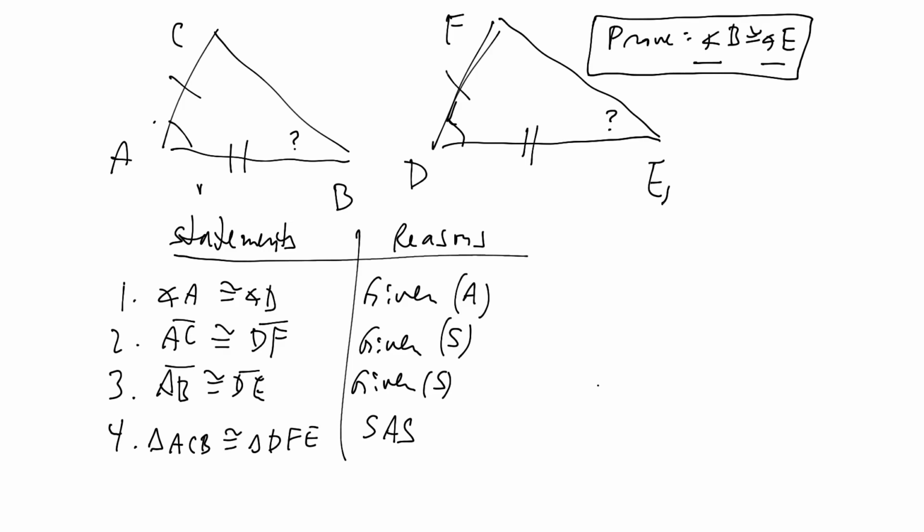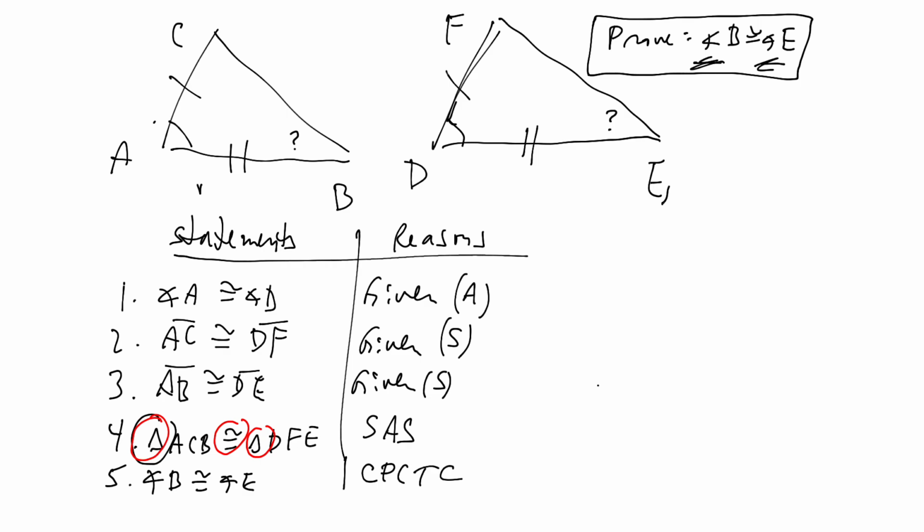Now, they didn't ask you to prove those two triangles congruent, but we did it anyway, because once you've established that some triangle is congruent to some other triangle, you now get to say that the other pieces that haven't been mentioned yet are also congruent. So we had three pieces that led us to the congruence, but the other three pieces, like angle C and angle F, are congruent, and side CB and side FE are congruent, and angle B and E, which is what they wanted us to prove, we now can say it,